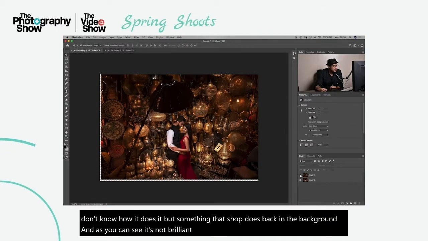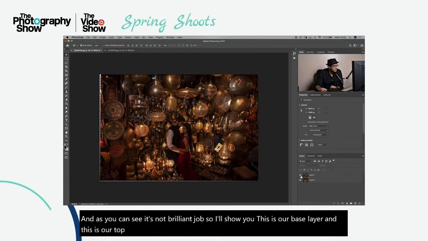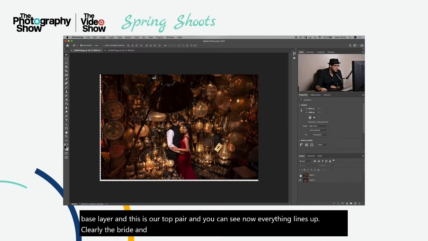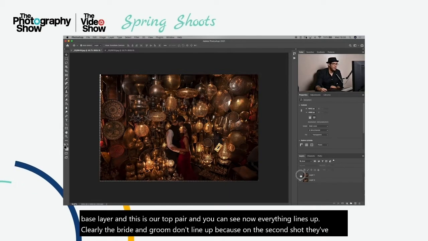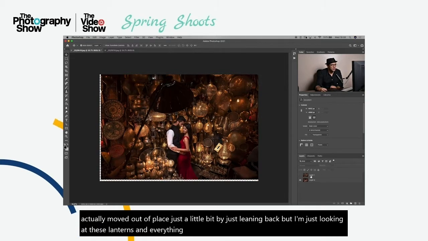So I'll show you, this is our base layer and this is our top layer, and you can see now everything lines up. Clearly the bride and groom don't line up because on the second shot they've moved out of place just a little bit by leaning back, but I'm just looking at these lanterns and everything lines up. So with the top layer selected,